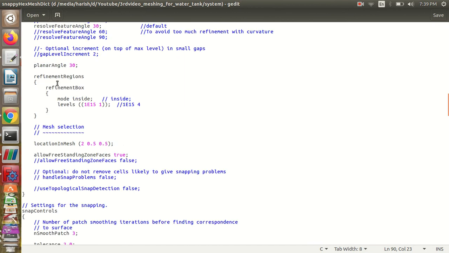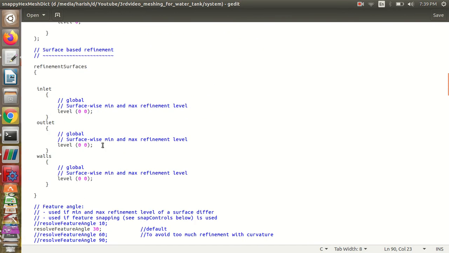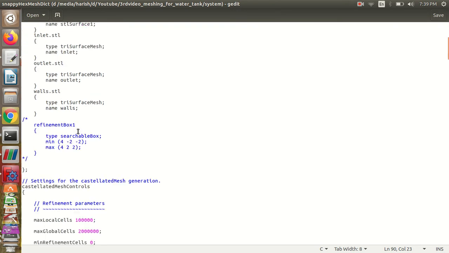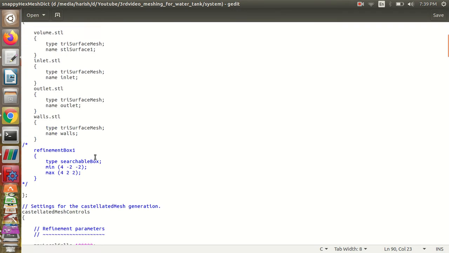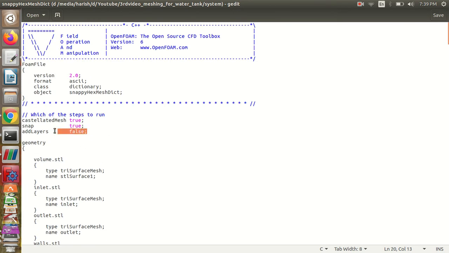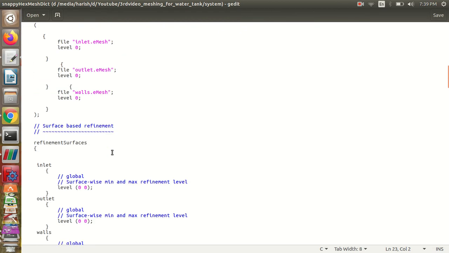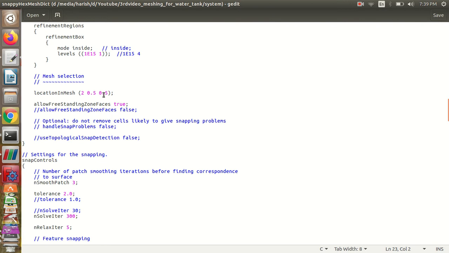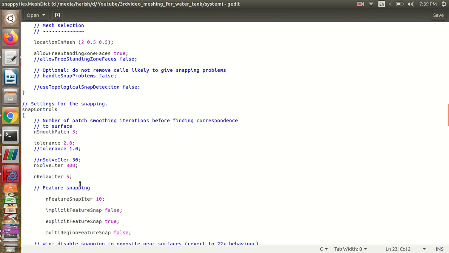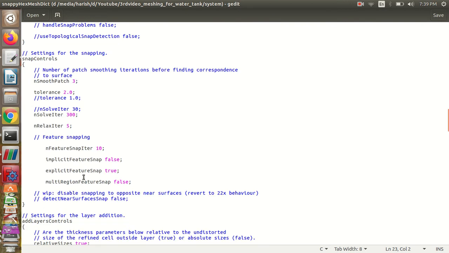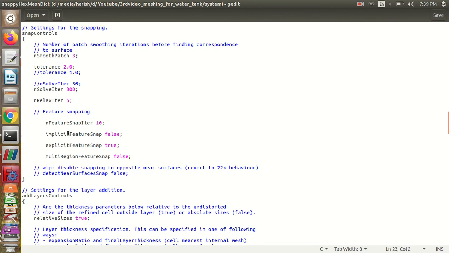I don't want any refinement region, so here I have switched off the refinement box. I also don't want any additional sub layers. Okay, so I switched off all the things. I just need to load everything, and these are the snap controls. You can get more information in that video.